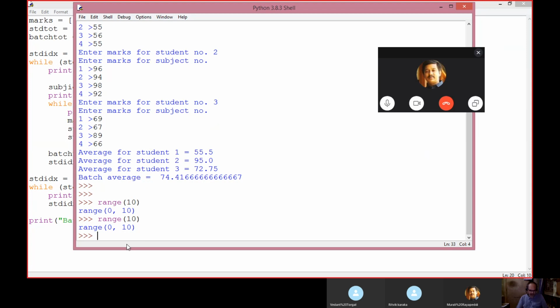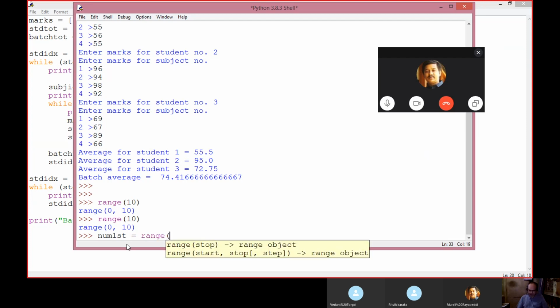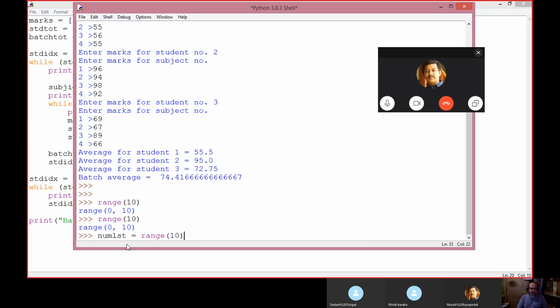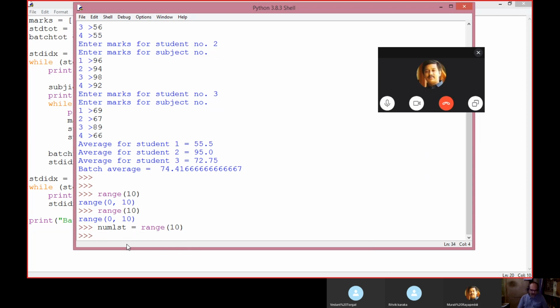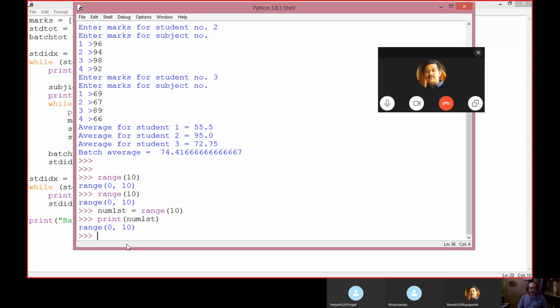Okay. So if I say num list equal to range 10, and then I say print num list, it's showing me range 10.